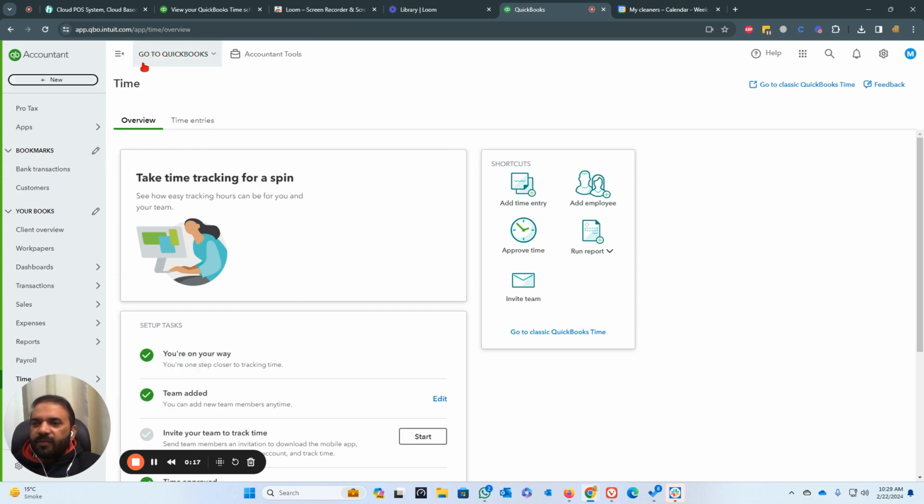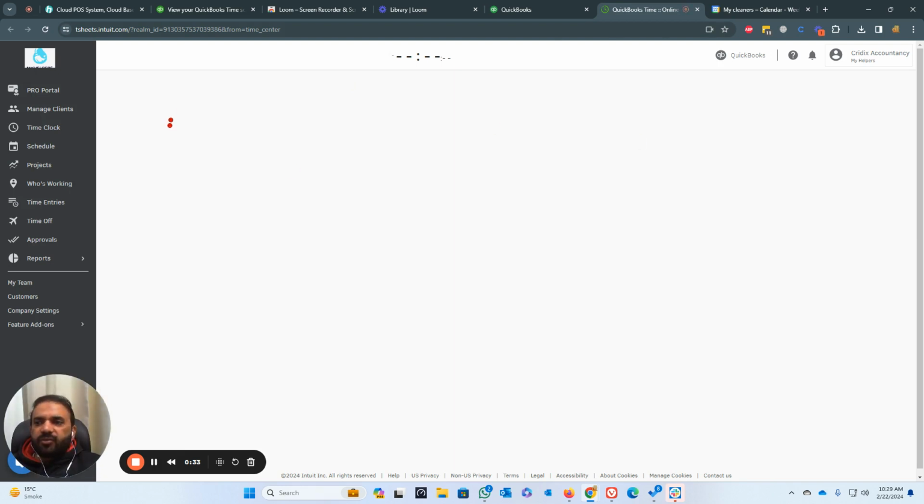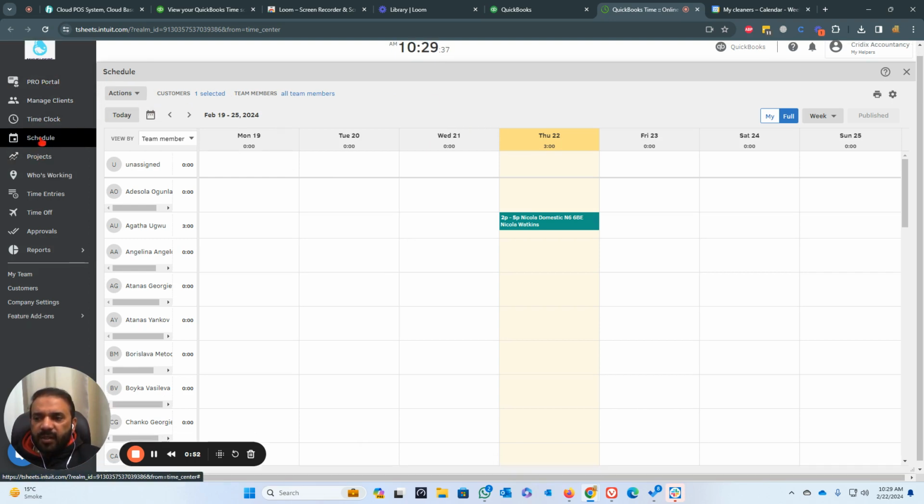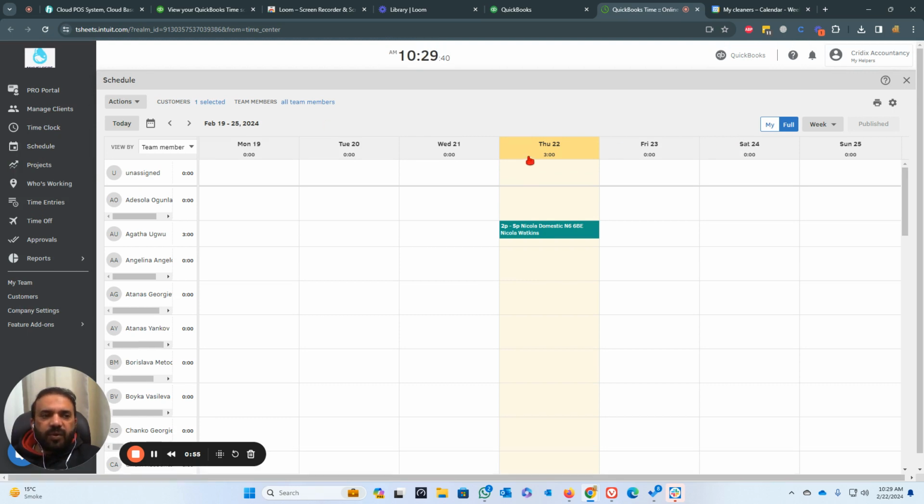After logging into my helper, you have to go to Time and then go to Classic QuickBooks Time. Once it's open, you can see it's open. My last window was schedule, and you see it's open here. But maybe your last window is not schedule, so it will not automatically open on your dashboard. So I recommend clicking on the schedule right from here, and once it's open on your dashboard, simply